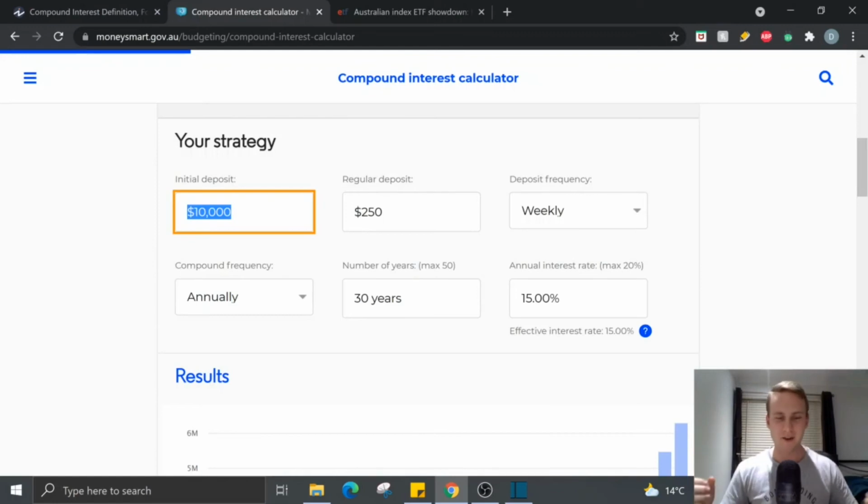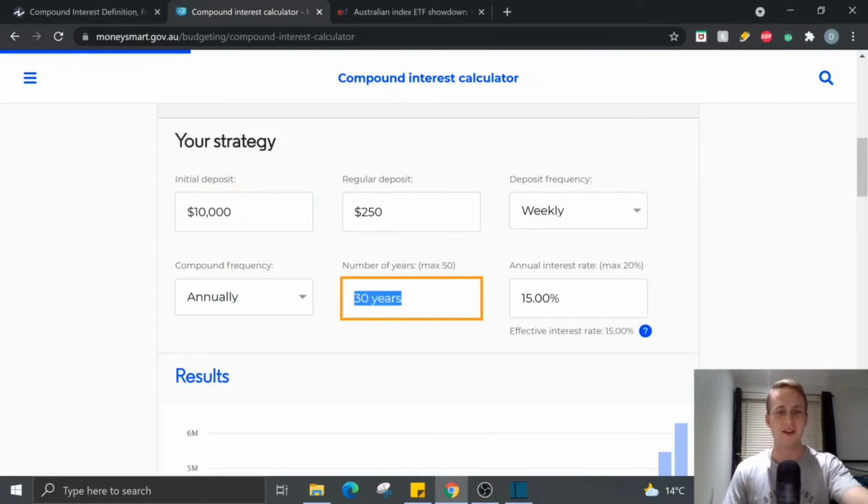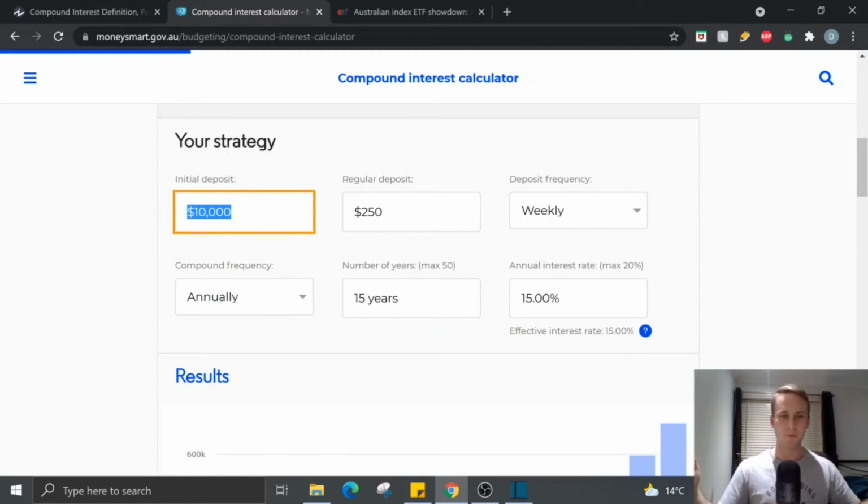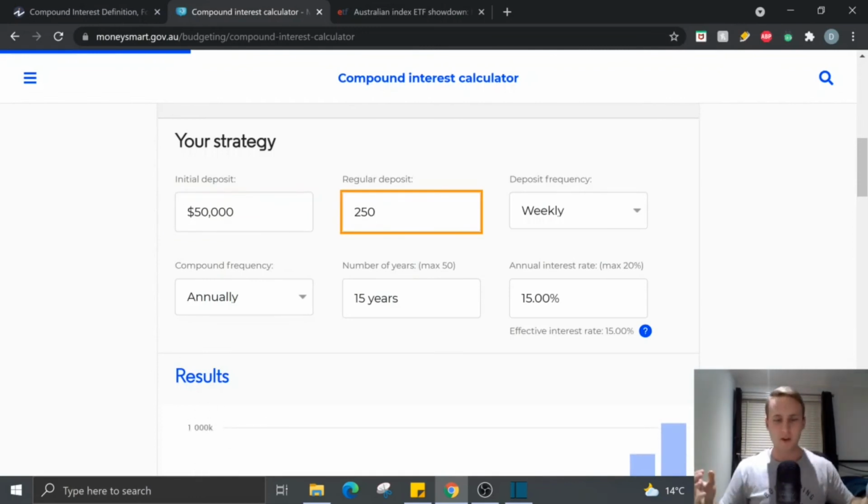So let's say you're in your early 20s and you're like, wow, wouldn't it be great to try to retire sort of in my 30s? So let's say you're 20 and we're going to change this compounding time frame to 15 years. And we're going to say, well, we're going to work hard in our teens, let's say, and we're going to say that you've managed to save $50,000. And, you know, you've worked really hard and you've managed to find some passive income, and maybe you've got a high paying job and you're like, wow, I've got a bunch of money left over. So let's invest